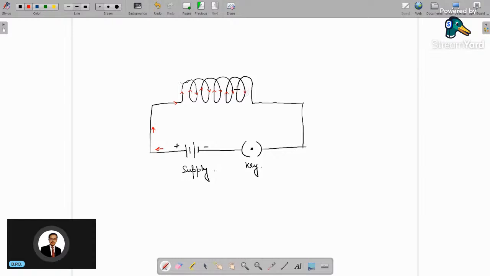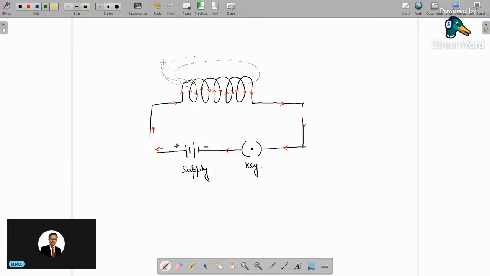Are we agree? Are we agree with the direction? Are we agree with the direction of current flow? So basically, what we will see, some magnetic lines of force will be created like